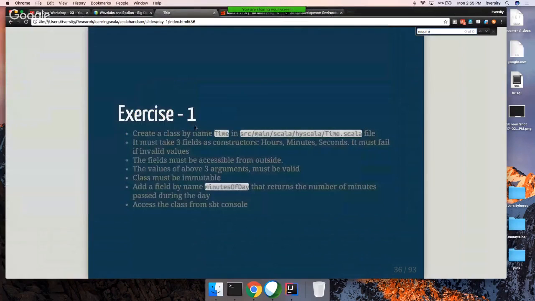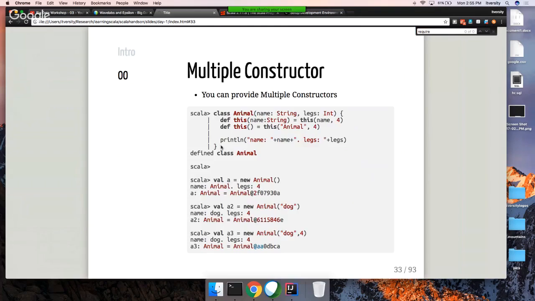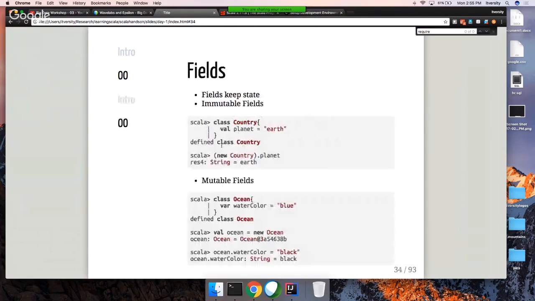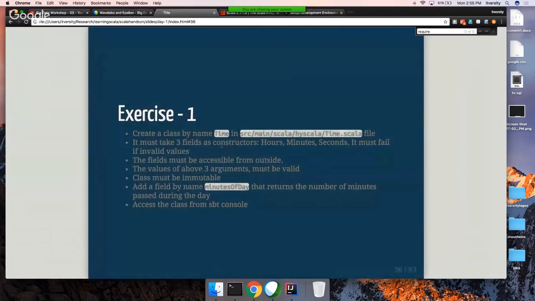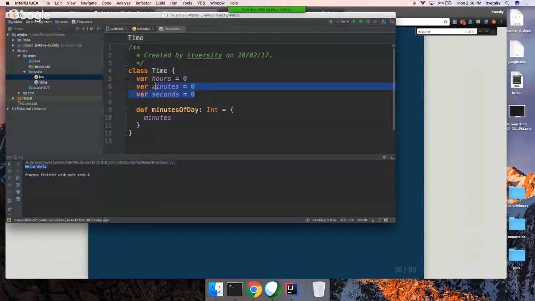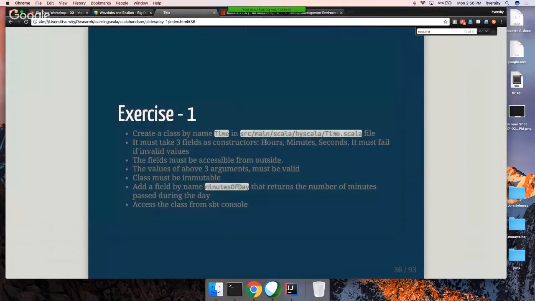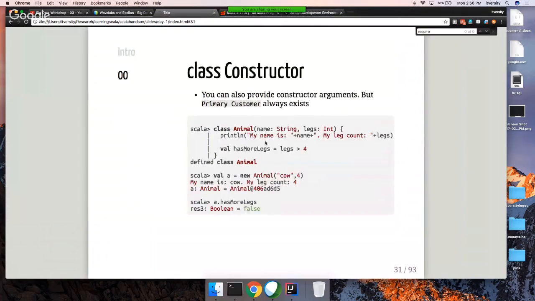Okay, so in this case, the constructor takes three parameters, and it should actually print the values, right? I think here there is some gap. I need to see because he is saying that the fields must be accessible from outside. So if it has to be accessible from outside, then we have to define like this. At the same time, he is also saying that the constructor